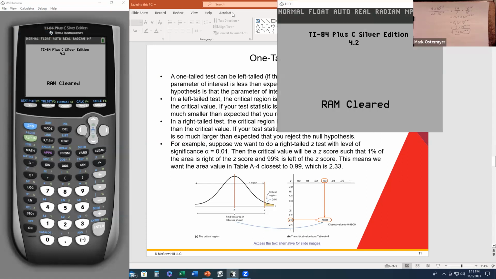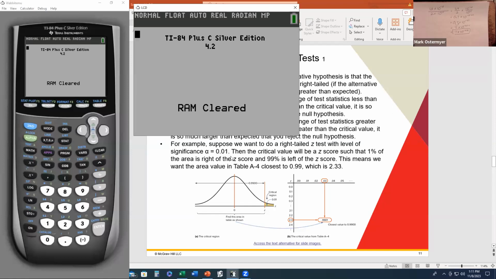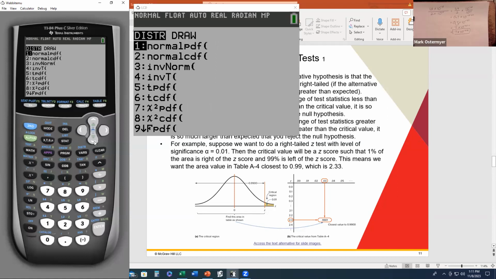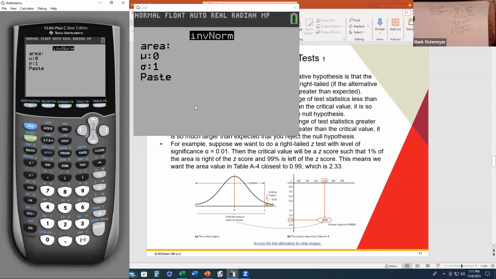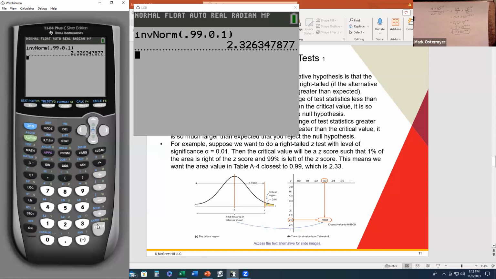So if we're testing at 1% level of significance, we would go get our inverse norm function, and the area to the left of the critical z-value that we are trying to find would be 99%, 0.99. It's got to always be the area to the left of the critical z-value. That's the way our calculator function works. The mean of the standard normal distribution is 0, and the standard deviation is 1. And we discover that we do get about 2.33. So that would be the critical z-value